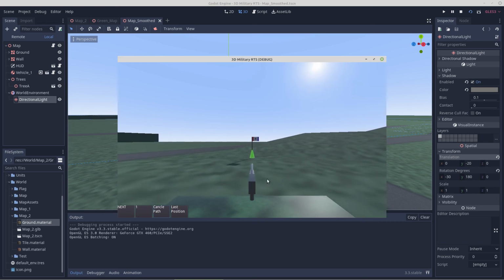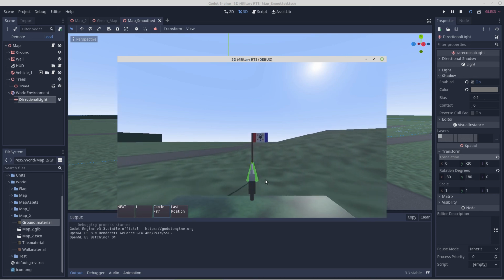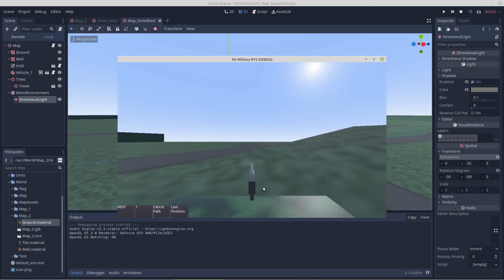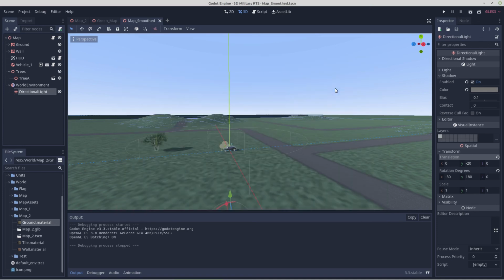So that's about it for this video. I think I'll start looking at how to get some enemy movement happening. So I was thinking something along the lines of maybe getting some enemy vehicles to drive along roads and see if I can get them to do that and look reasonable doing it. So that would be what I'm looking to